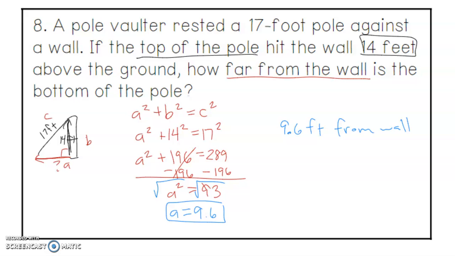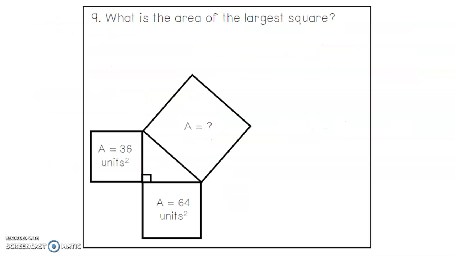How do I use this? What would I use it for? Okay, what's the area of the largest square? If we know the area here, if I want to know the side length, I take the square root, and that's 6. I have the area, I want the side length, so I take the square root, that's 8. Okay, so if I want this, first I need to know the side length,